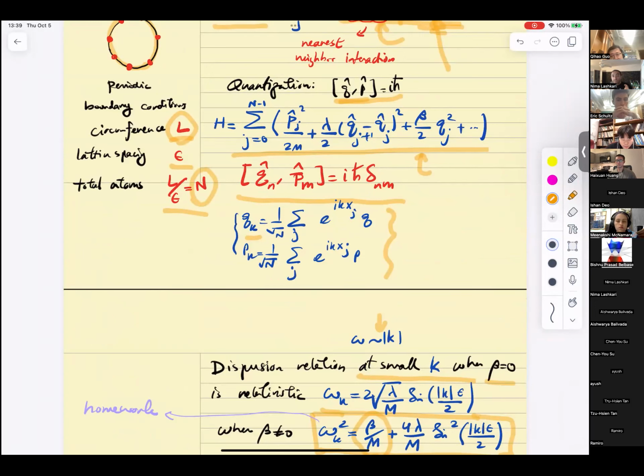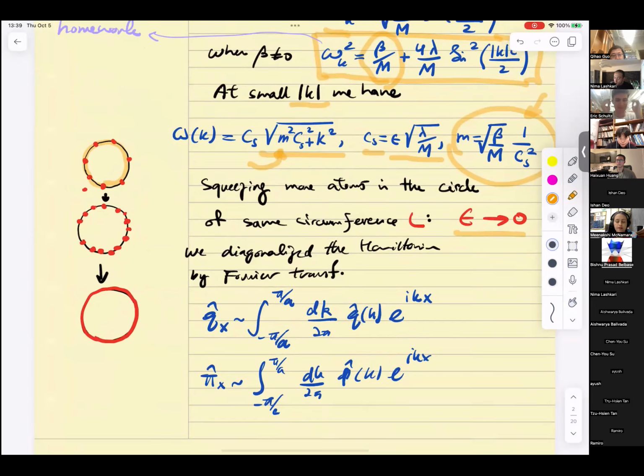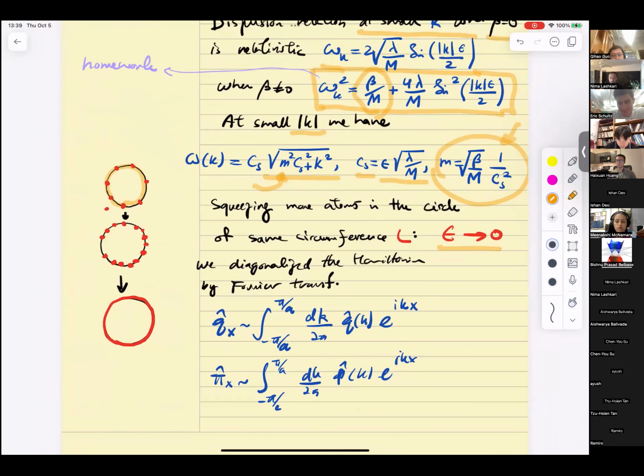So the circumference is kept fixed, you're increasing the number of atoms, right? In this limit, of course, the lattice spacing goes to 0. What happens is that now you end up with a continuous variable Q, right? And the Fourier transform of it will basically end up with these smooth